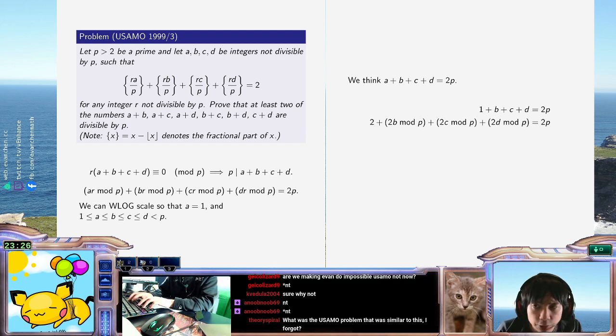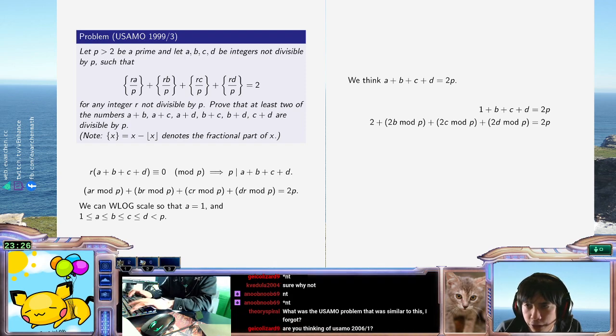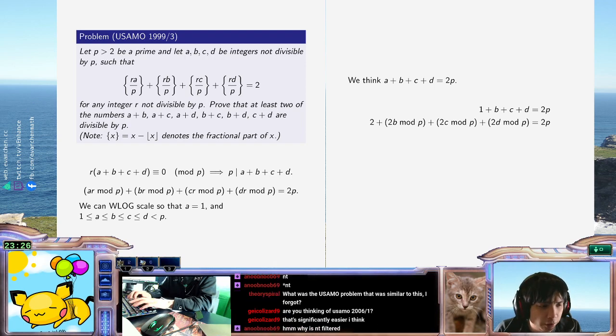What was the USAMO problem you're thinking that's similar to this? Might be 2003, 1 or something? Or it's not 2003. There's one about fractional parts. Let me just list them. It was probably 2006. Yeah, you're thinking 2006. Anyways,